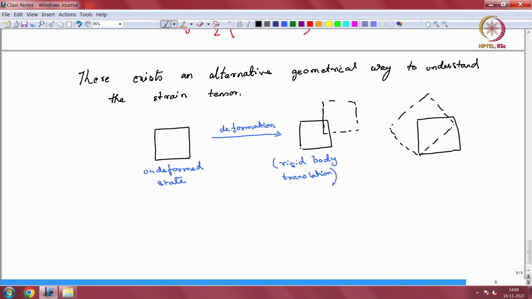This is the same box, by the way. So pardon my drawing, things changing a little bit. So rigid body rotation,